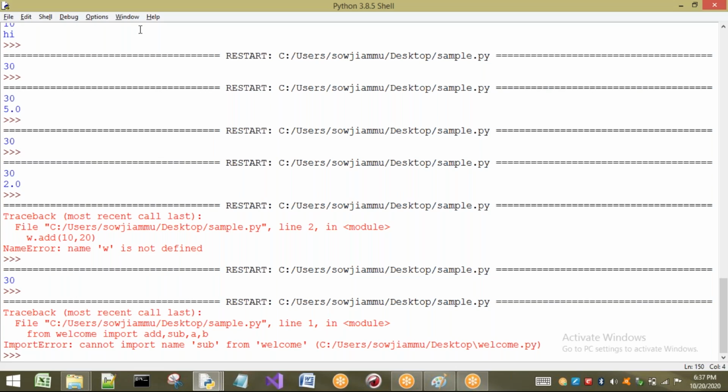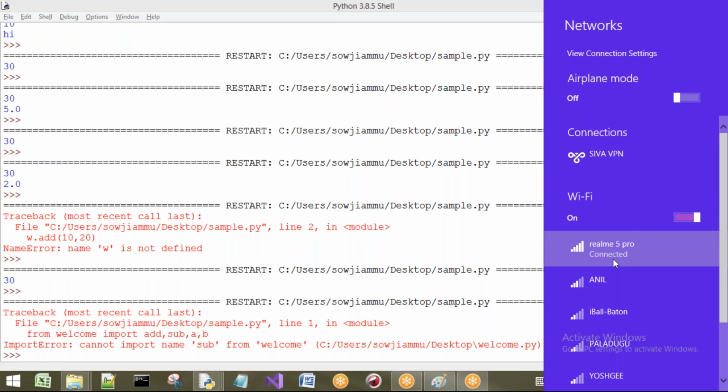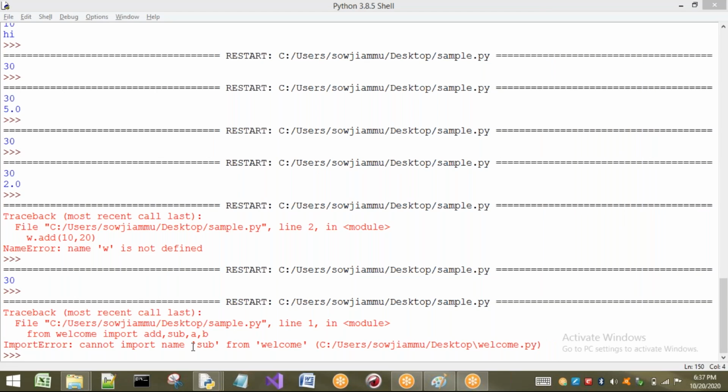Okay, right. Now here what has been: cannot import sub from welcome. Why? Let us see, import error. Why are we going to get an import error? Here from, oh, I am not having any sub here. I am having MUL, and MUL, add and hello are there. So that I am going to take